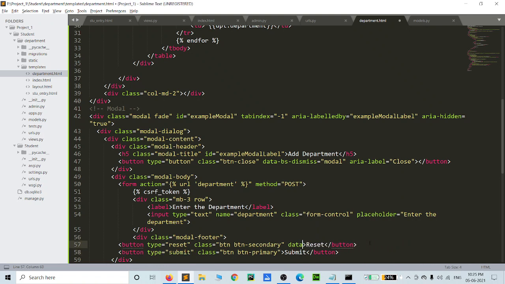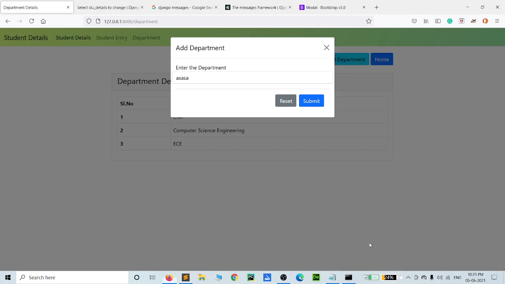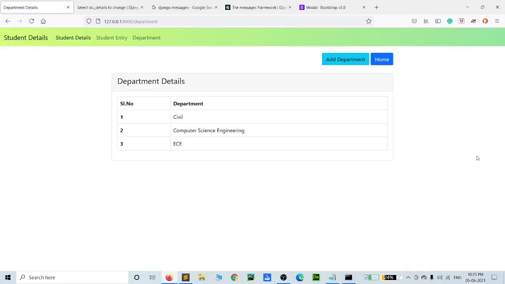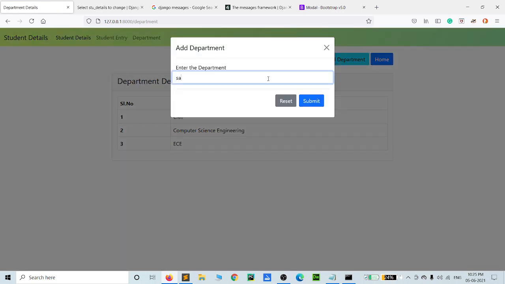No need for the data dismiss part. So refresh it, add department, click, write it, and reset the value.